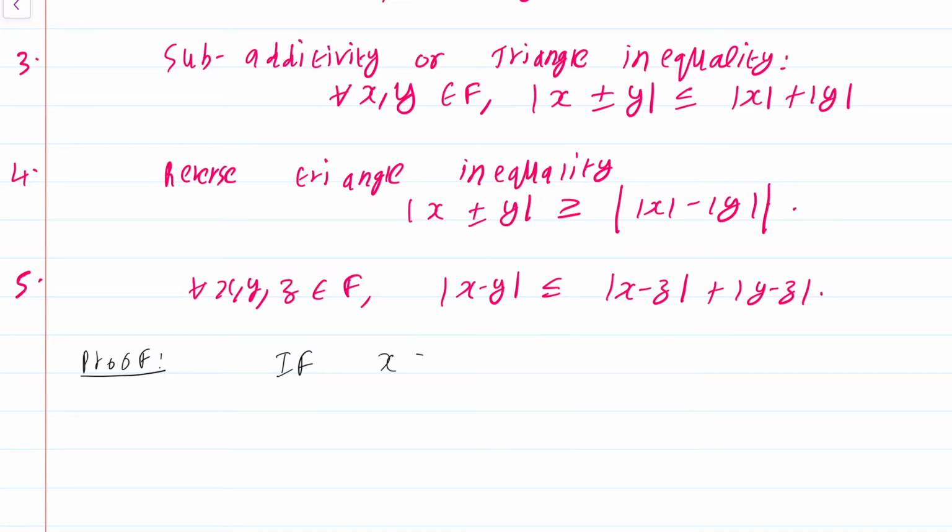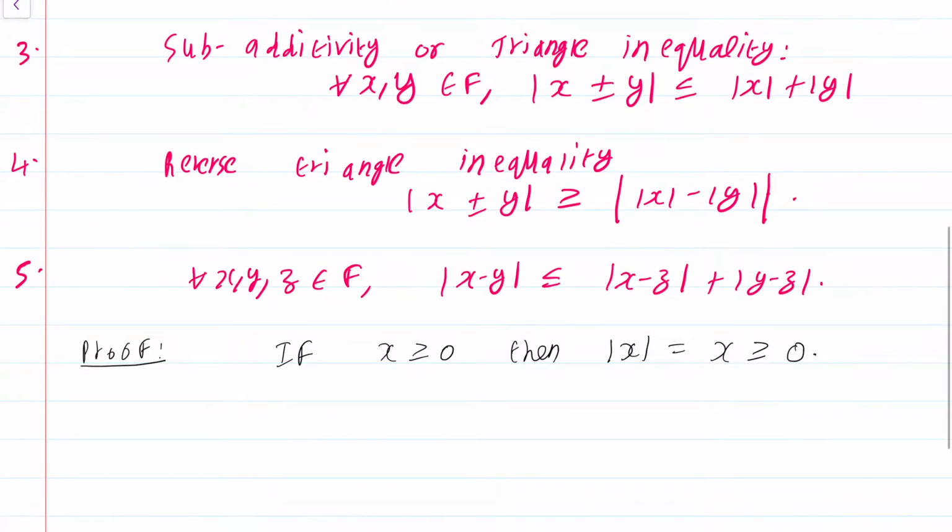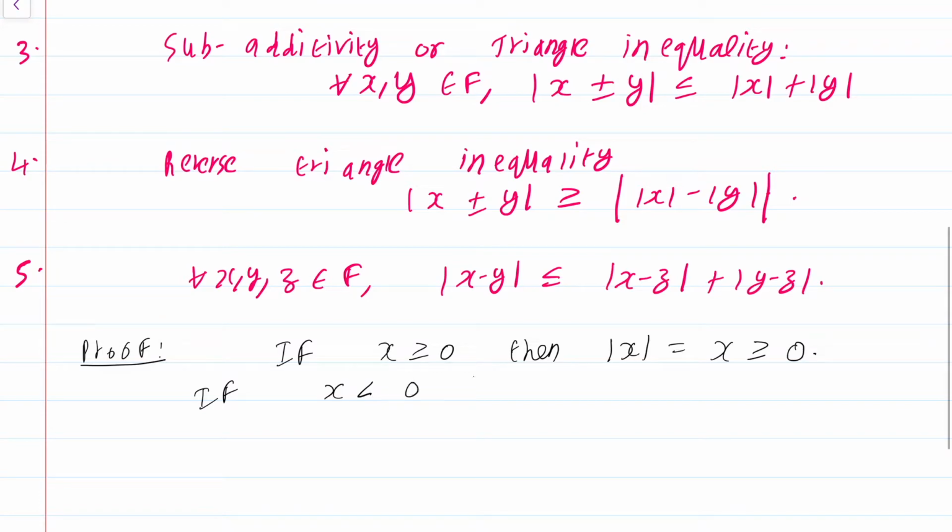If x is greater than or equal to 0, then mod x is equal to x, which is greater than or equal to 0. Okay. If x is less than 0, then mod x, which is equal to minus x, is also greater than 0. Okay. Where the fact that if x is less than 0, minus x is greater than 0 follows from